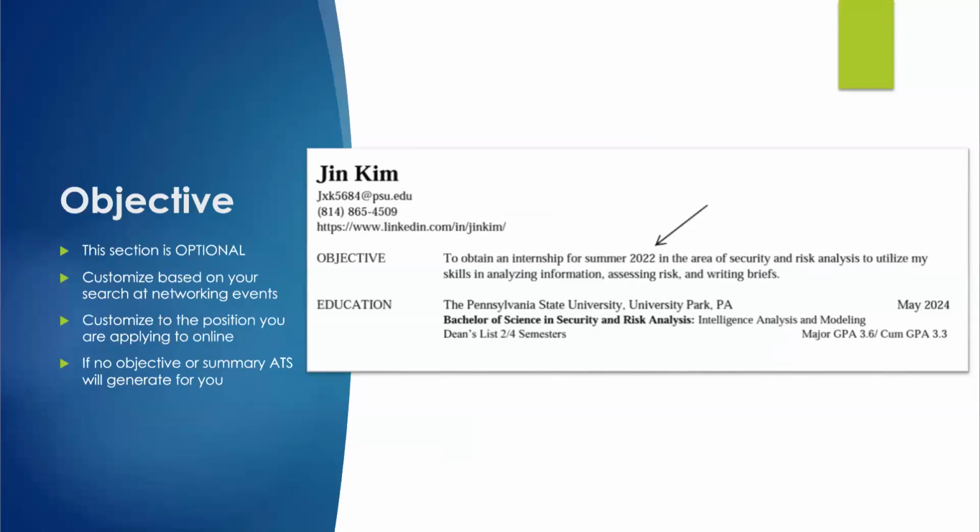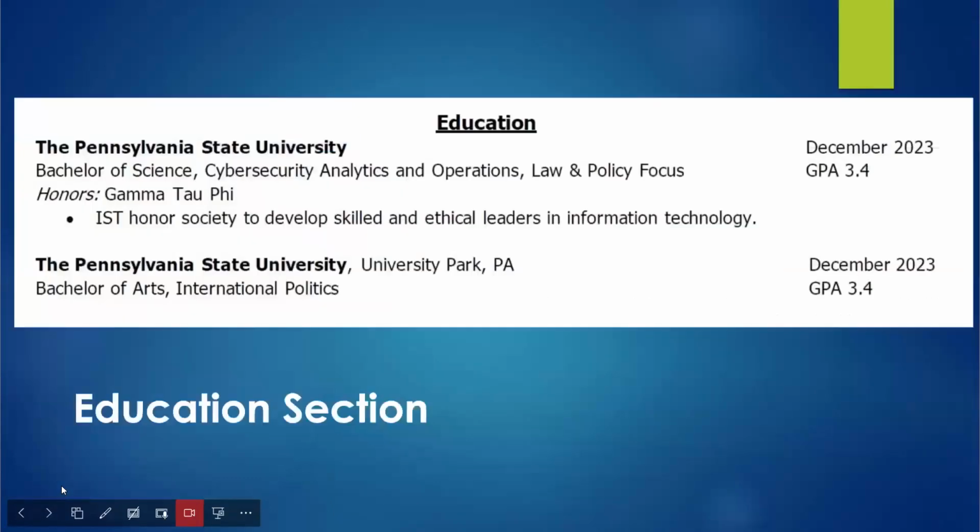So if you don't have a ton of relevant experience, I might recommend having a quick one-liner highlighting the position that you're applying to, the company, and some skills related to that position that maybe you want to highlight. It also can be helpful for some networking events. If you're specifically going in and looking for a certain type of full-time job or internship, you could also have that for career fairs so that employers can easily see what you are looking for in the moment. The next section on your resume, as you're a current student or recent grad, we would recommend having the education